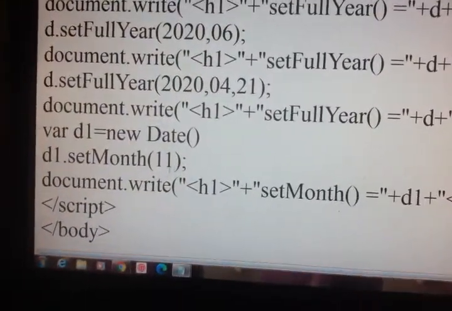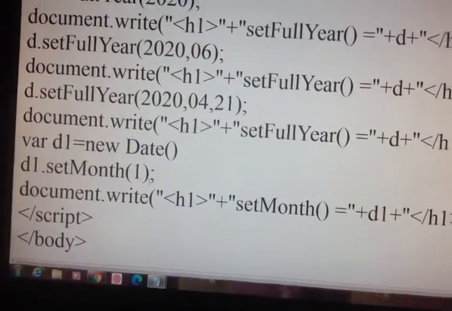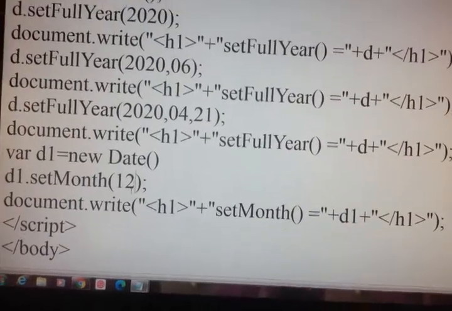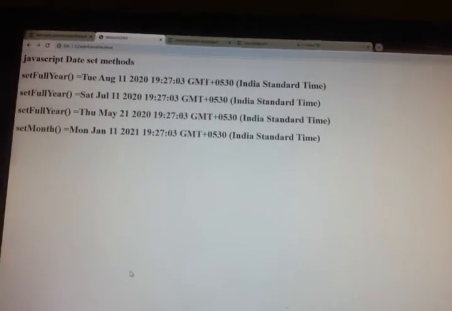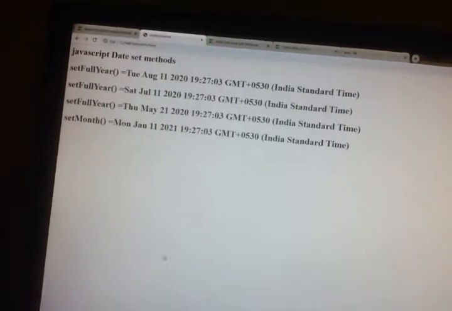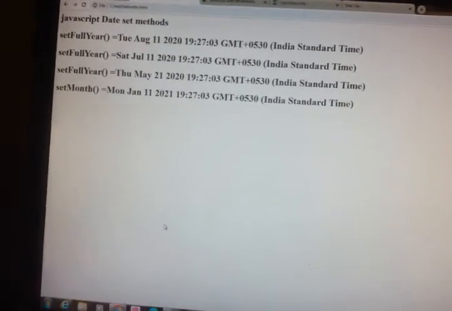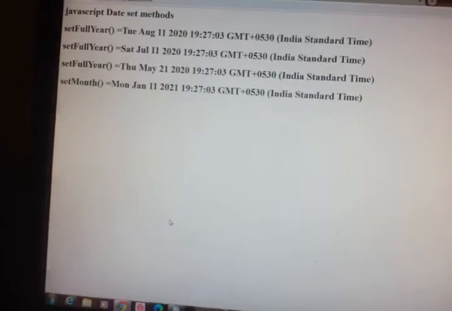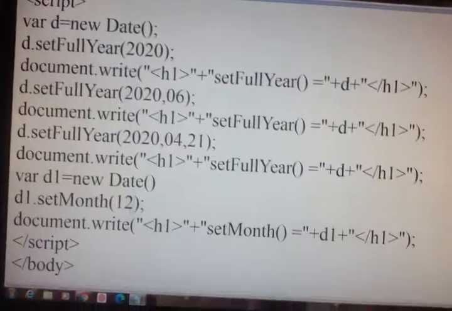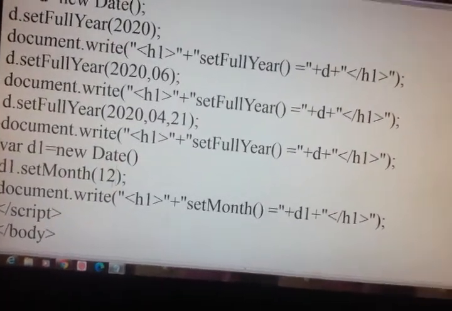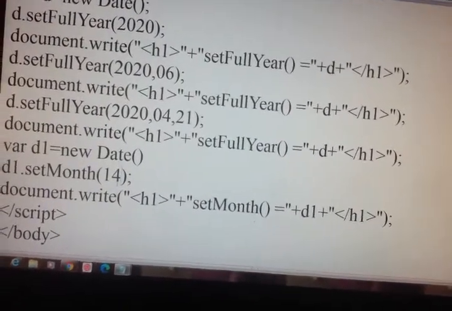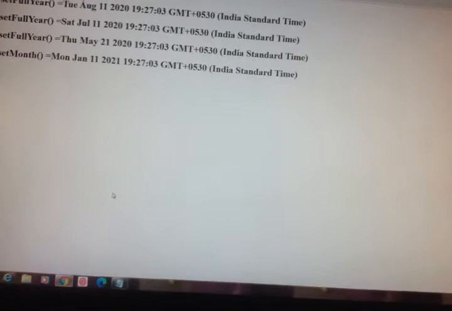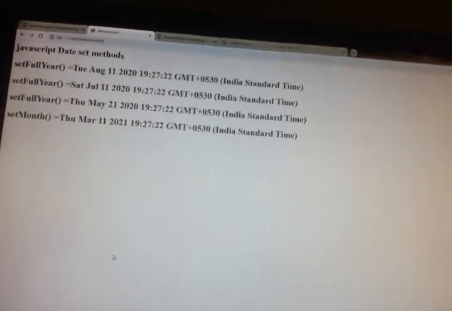Now as the range is from 0 to 11, if I write 12, let us see what happens. Again it is going to the loop. 12 is taken as January. So after 11, if you increase the number to 12, again it wraps. If you give 14, let us see what happens. You will get March.